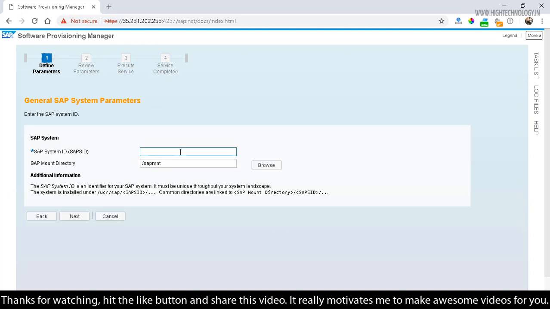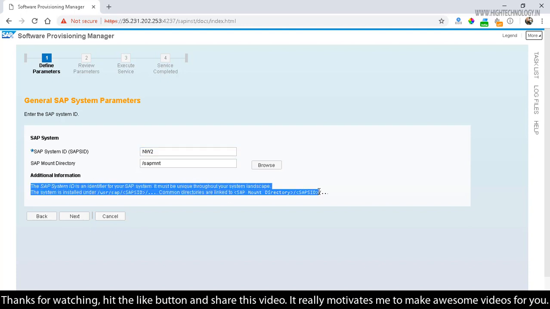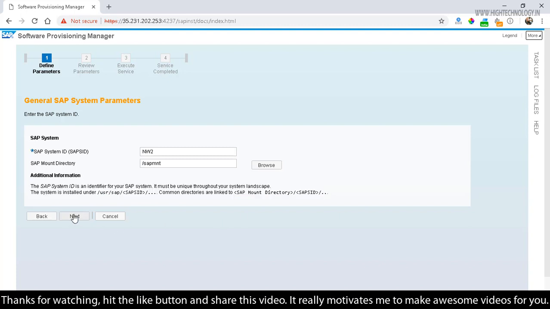And now here we have to provide the SAP system ID. So I'm giving it NW2, sorry, and you can read the SAP system SID details here. So I'm just clicking on next,